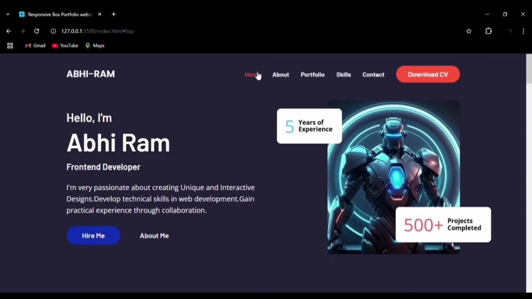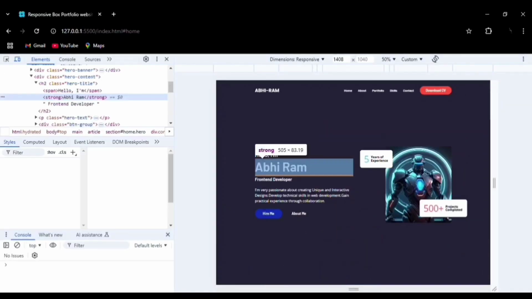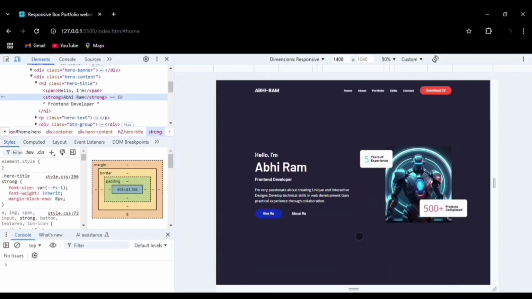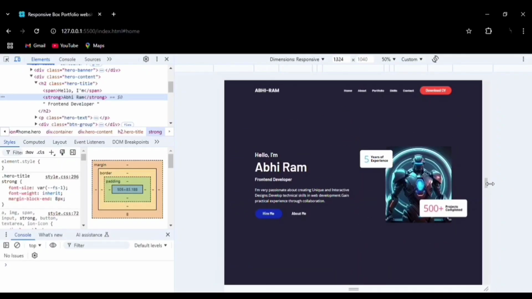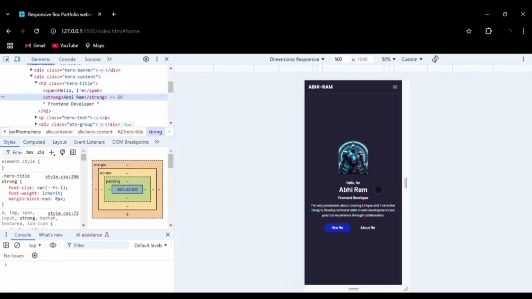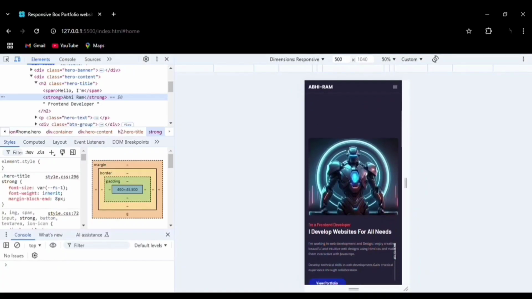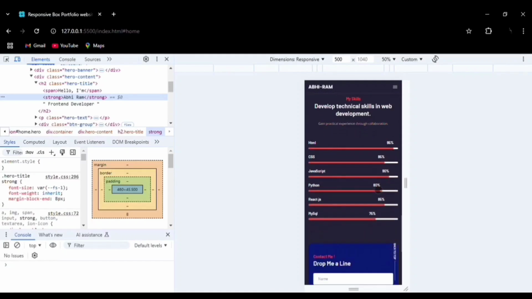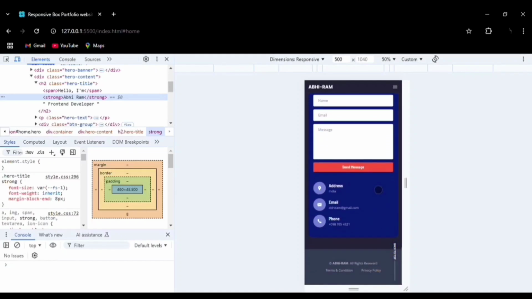So this entire website is responsive, that is, it is also available in mobile and tab version. Let me show you that. So this is the desktop version that we have seen now, and now let's go to the mobile version. This is the mobile version of the website. You can see how neatly they are aligned based on mobile screen size,